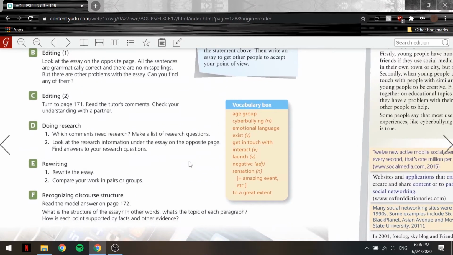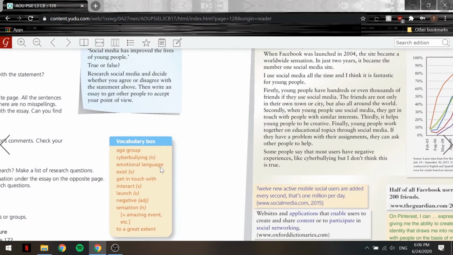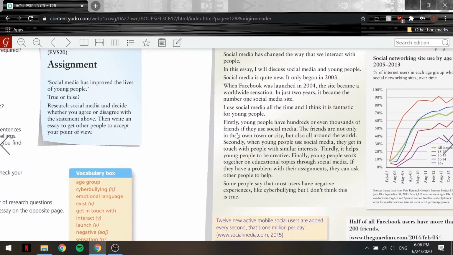"Doing research. Which comments need research? Make a list of research questions." Like we said, which comments here actually need some research? You actually need research to find whether it's a fact or not. "Look at the research information under the essay on the opposite page. Find answers to your research questions." So based on what we just read,